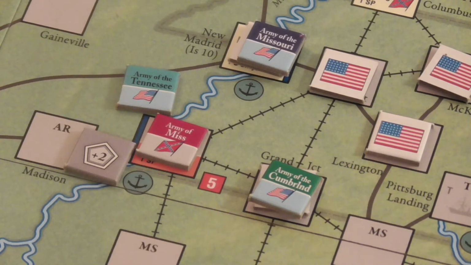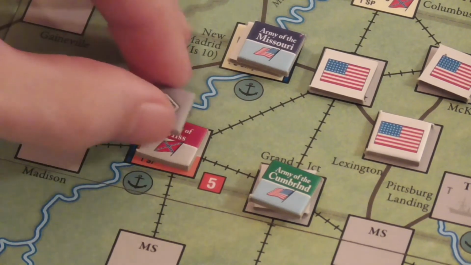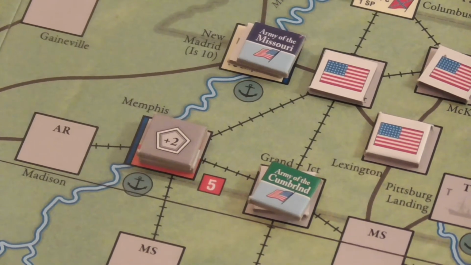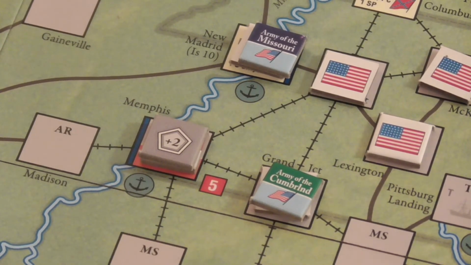So now Grant will have to go back to Memphis, picking those 4 strength points back up, putting his total strength up to 7. And the Army of the Mississippi holds on. Now, for how long is the question, because they're down to 7 strength points now, and the Union might have one more attack left in them, because Grant can always sweep around and hit them again, not by naval movement, but